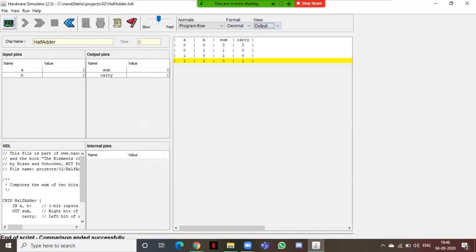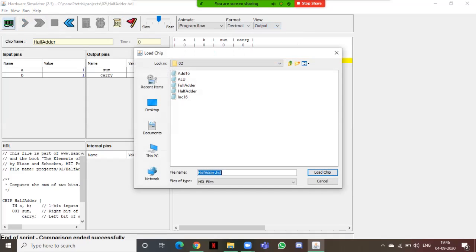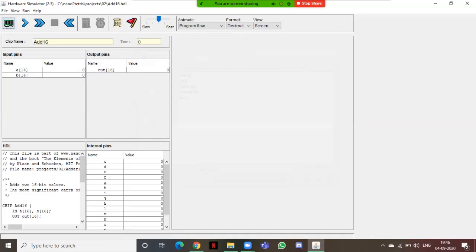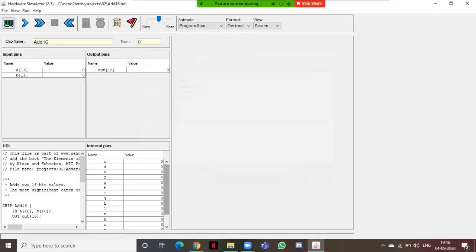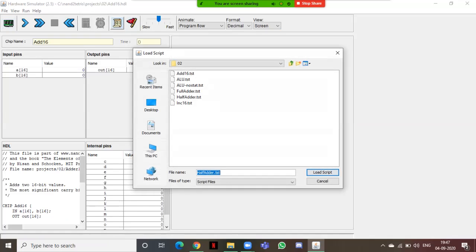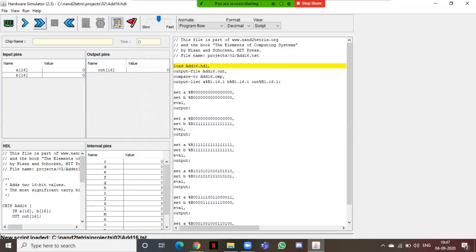Now we'll head towards add 16, that is the add function in 16 bits. I'll load the script for the same. And yeah, we'll perform it.